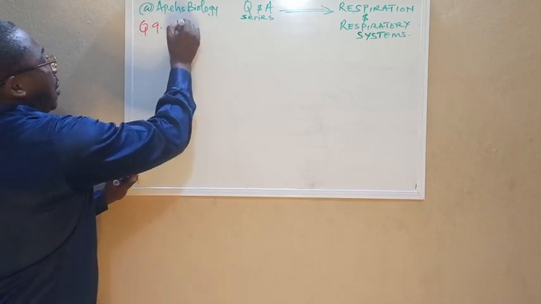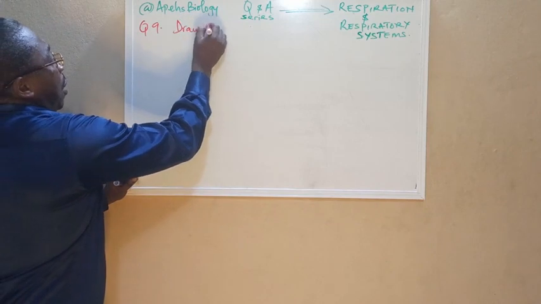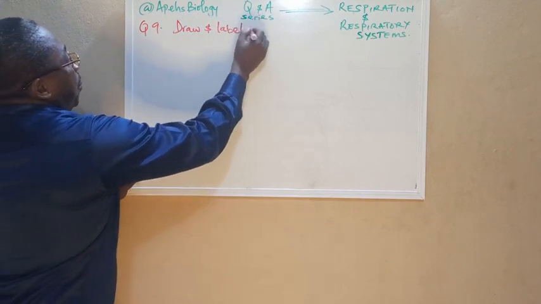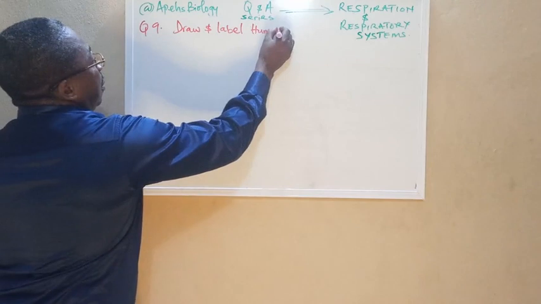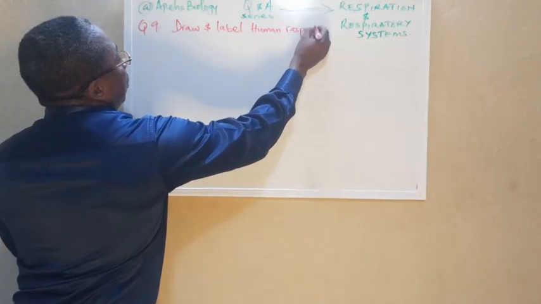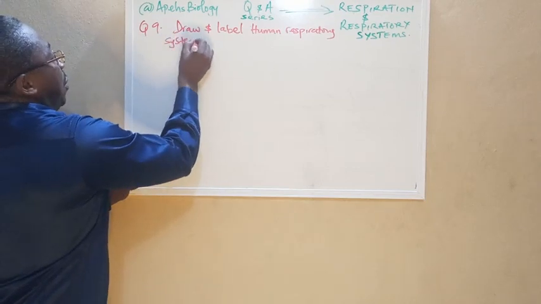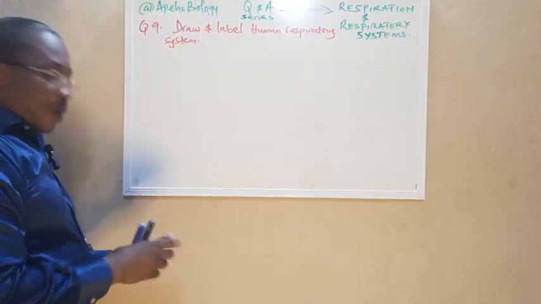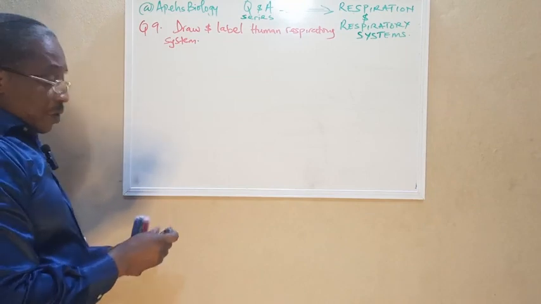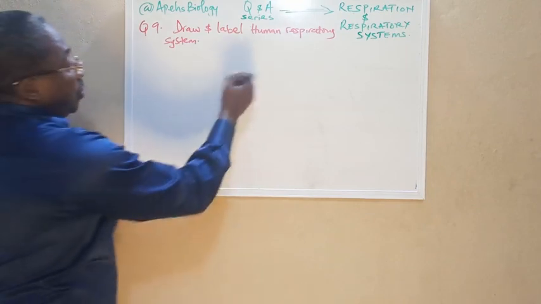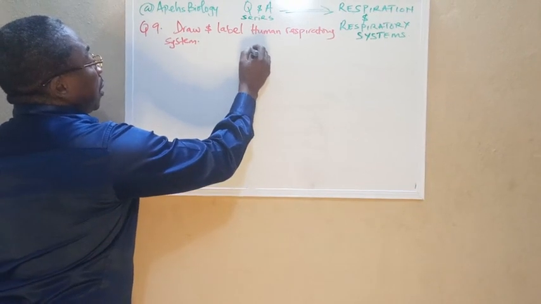It said, draw and label human respiratory system. Draw and label human respiratory system. This is when expecting us to draw with a scale. To get this, all we need to do is to get the